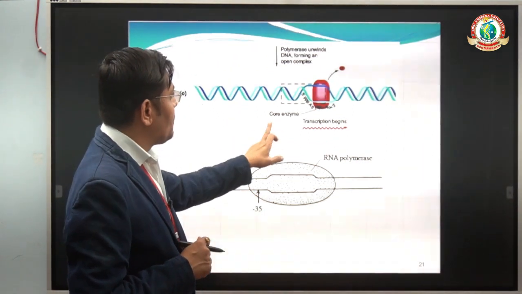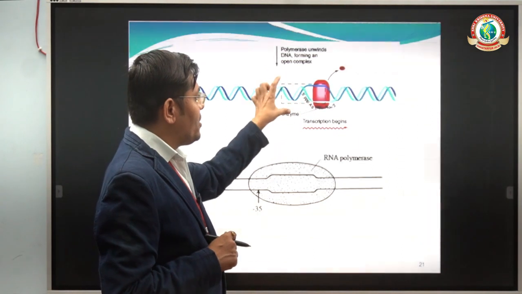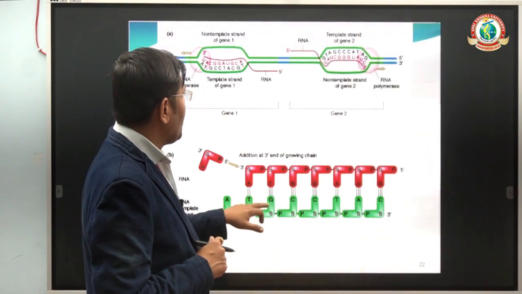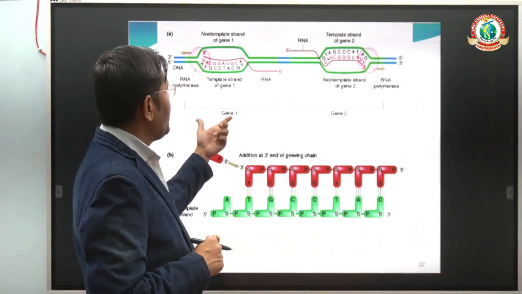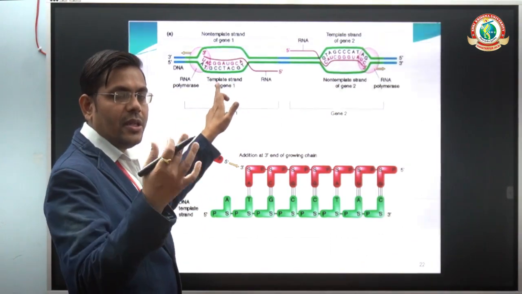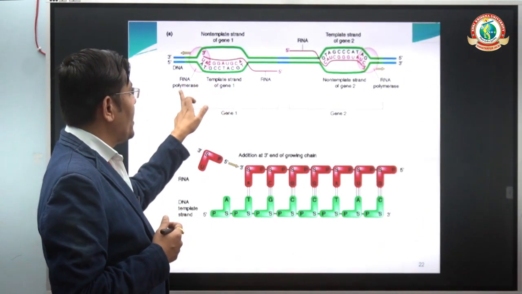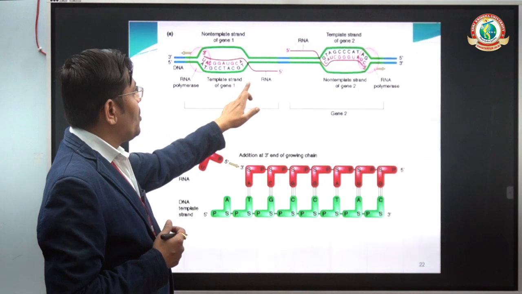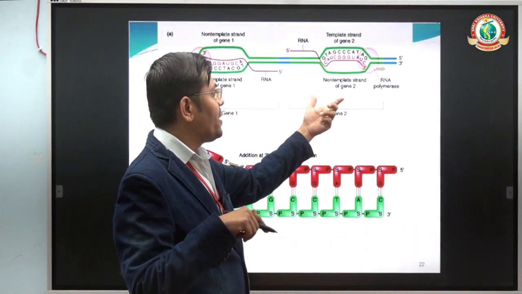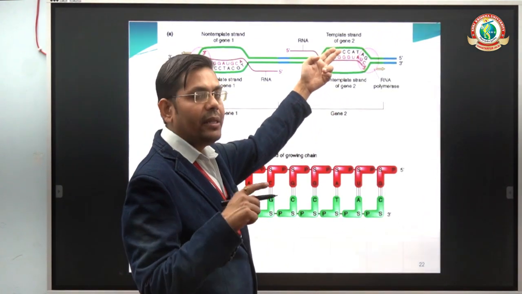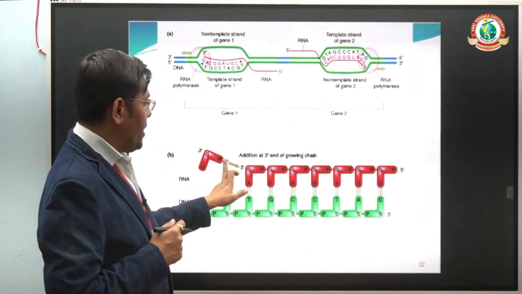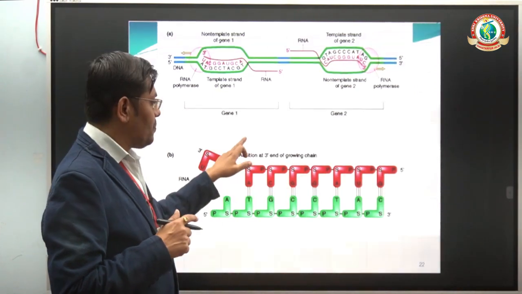So we can see there, the RNA polymerase holoenzyme forms the transcript and RNA polymerase forms the loop structure. Now next, if there is a structure of 2 genes, we can see here that the template of gene 1 is used for initiation, or is transcribed with the help of RNA polymerase, and there is the formation of a transcript. If we see the second gene on the same DNA strand, then the other strand will be the template strand and forms the messenger RNA transcript. Same here, there is addition to the growing chain.